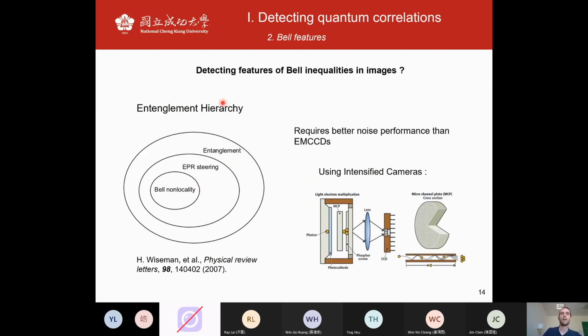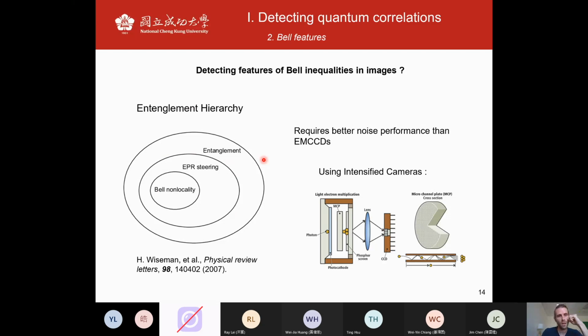Okay, so now that's for EPR entanglement. That's what we wanted to do at the University of Glasgow. Now we wanted to go a step further. If you know the hierarchy of entanglement, entanglement is the most general form, defined by